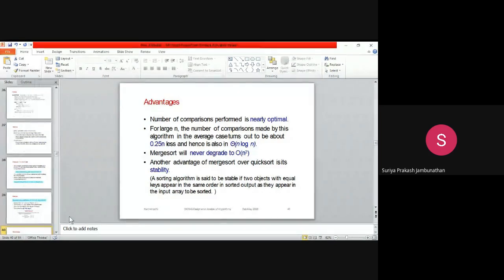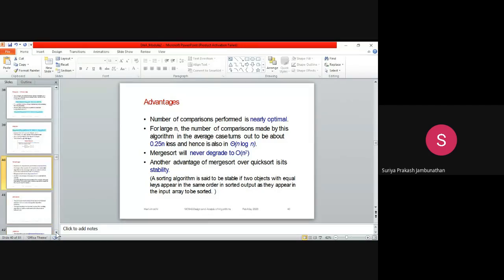We have to compare 25 and 25, and decide which 25 goes first and which goes second. If both are the same, the one from the first array will be put first and the one from the second array will be put second. That comparison will be done properly in merge sort, but they are telling that in quick sort it is not proper.